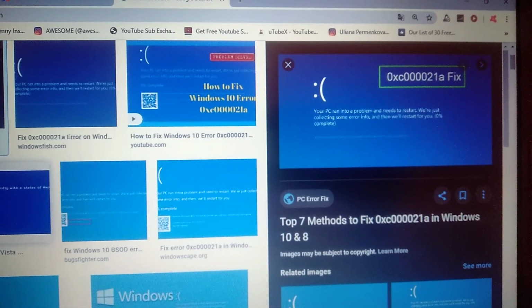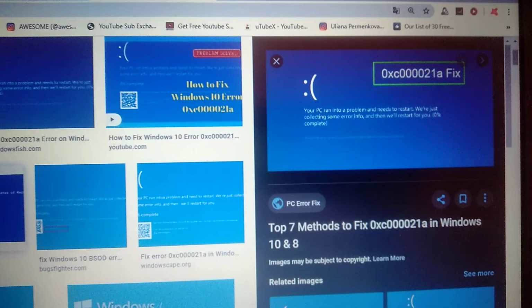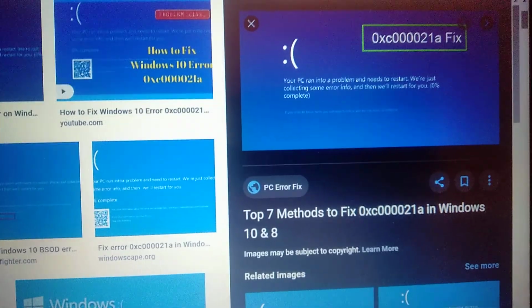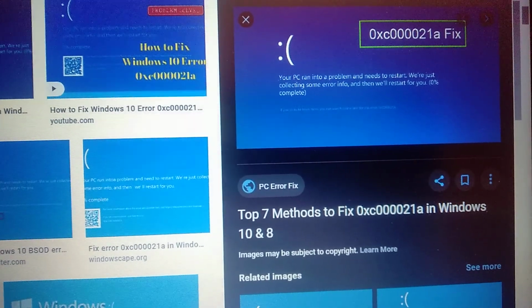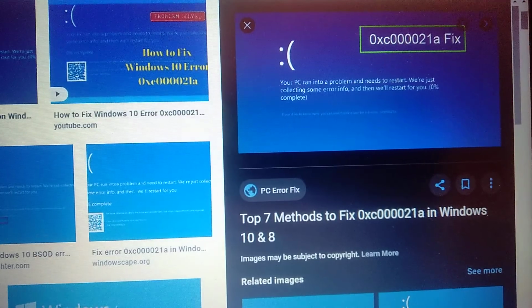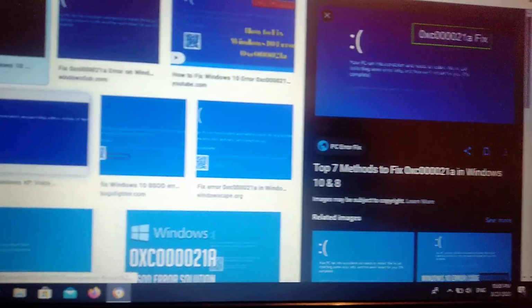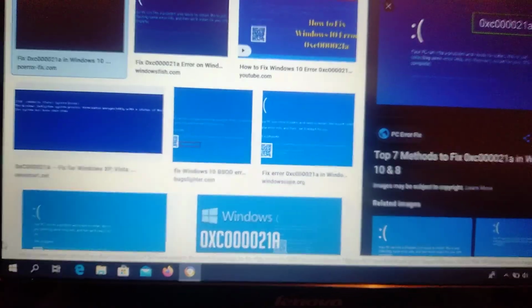Hello dear subscribers, today I will tell you how I can fix this error. Here you can see it, 0xc000021a. So for fixing this error you just need to go to control panel,